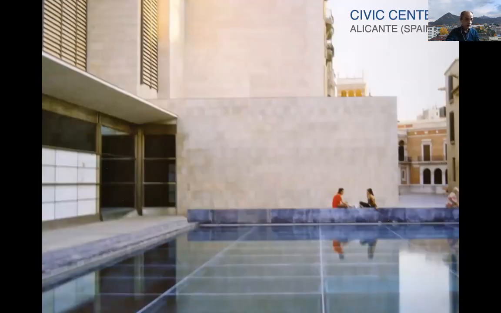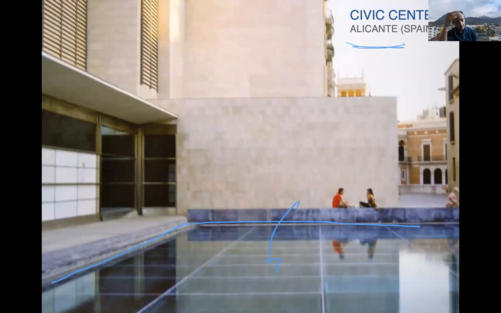This is another case. We saw two examples of parks. This is an interesting project in a very dense historical center in one city of Spain. This is the east, near the coast. And this is a very dry place, and there are no trees, just water as the natural element. And the interesting thing is that this water is the ceiling of an exhibition space below, which is something we saw here.